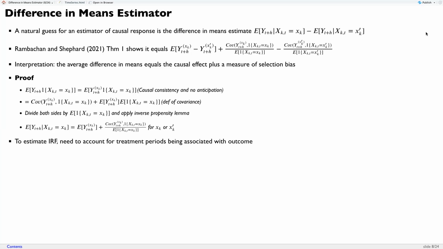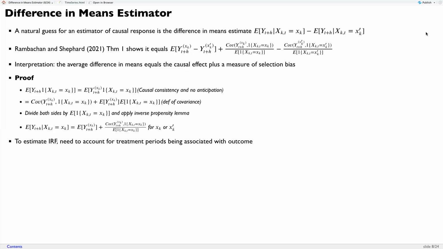So that's equal to the potential outcome for the y that we would see given xkt equals xk. And then the definition of covariance is the expectation of the product minus the product of the expectations. So we add on to that the product of the expectations, and we get this expectation of the product. Now, if we divide both sides by the probability of the treatment, on the left-hand side here, applying the inverse